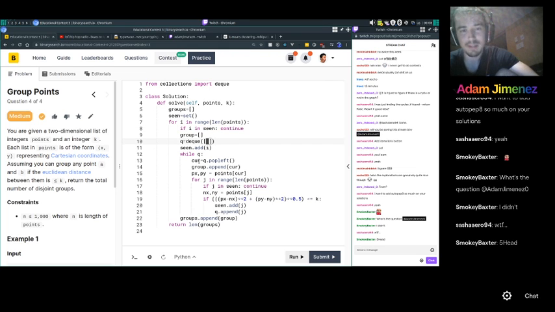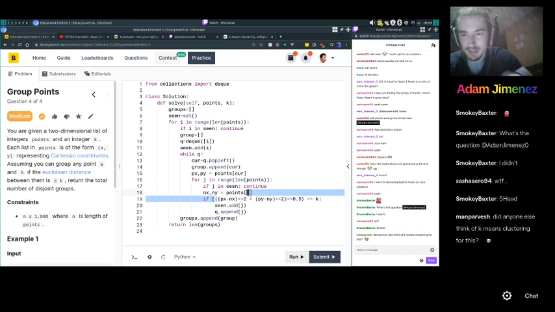and then I iterate over every other point in the list of points, and for every point that is within the correct distance, so here's the Euclidean distance. Yeah, it's totally not k-means clustering. I know there's a k and there's clusters, but it's not k-means clustering. It can be tricky. Reading is hard, you know.